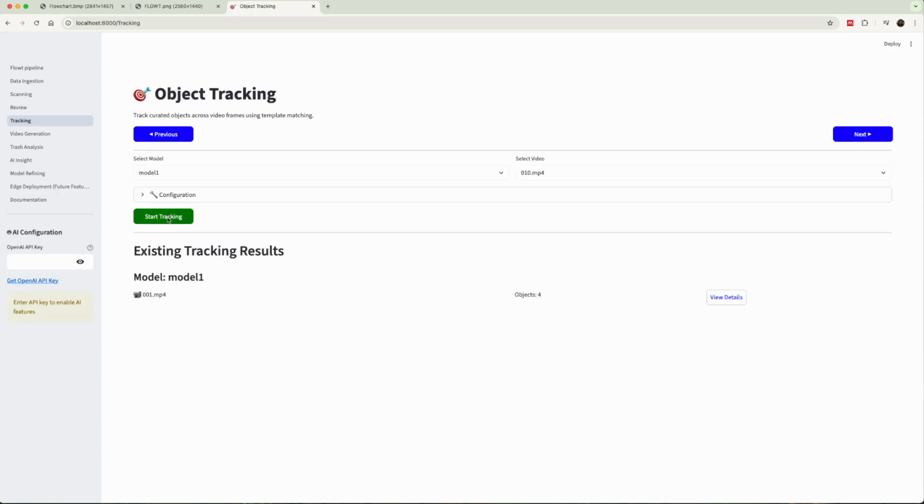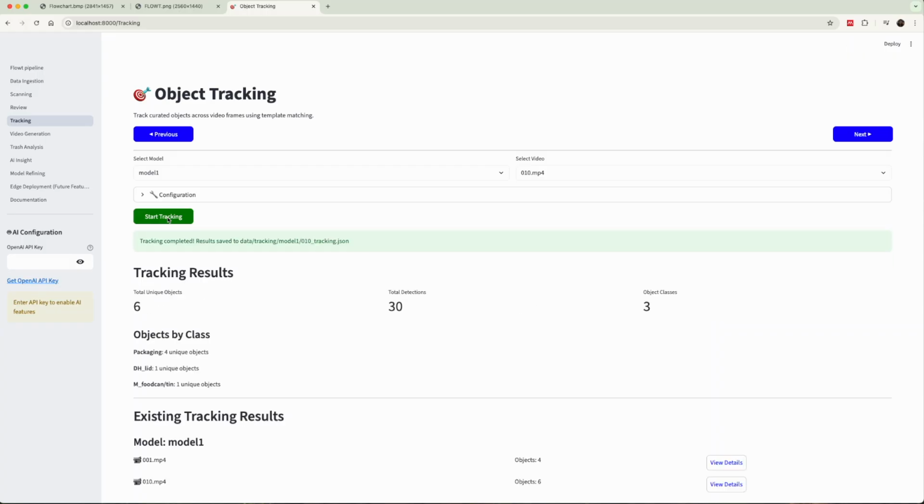Once detections are reviewed, the next step is tracking, and that's only for video data. Here, the system automatically follows each piece of debris across frames, linking detections over time. So, the same plastic bottle or packaging is tracked as it drifts downstream. Tracking gives us important insights like speed, direction, and movement patterns, which help identify pathways and accumulation hotspots. And the best part is, users don't have to do anything here except to run the algorithm.